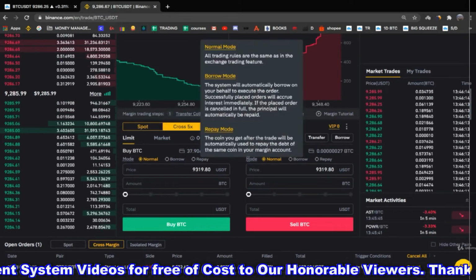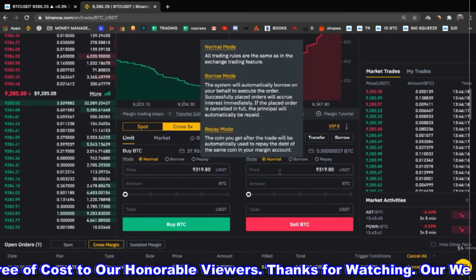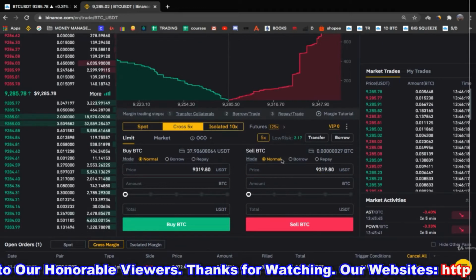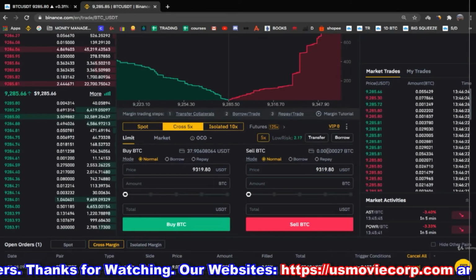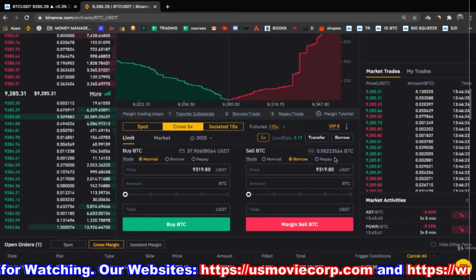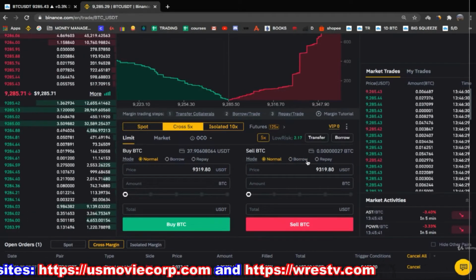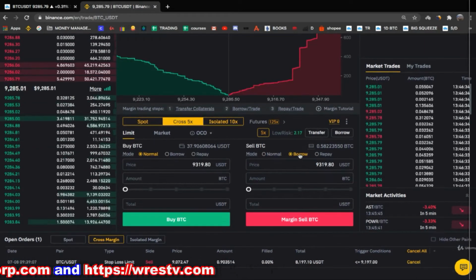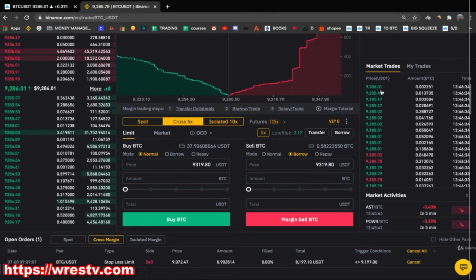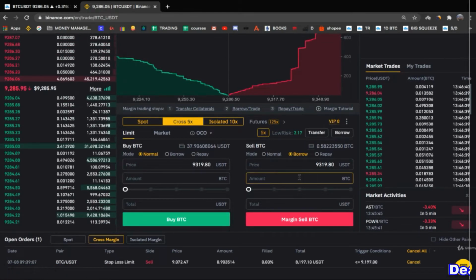Here are the modes. Actually, you can see here explanation of the modes, right? If you want to, you can go through that and read. In the normal mode, it will show you how much you really have in your wallet right now. I have 0. In the borrow mode, it will show me how much I can borrow right now. So in order for you to short Bitcoin, you have to come to the borrow mode, right? Because you want to borrow this Bitcoin, sell it at this price, and then buy it at a lower price, and then this is how you make money.